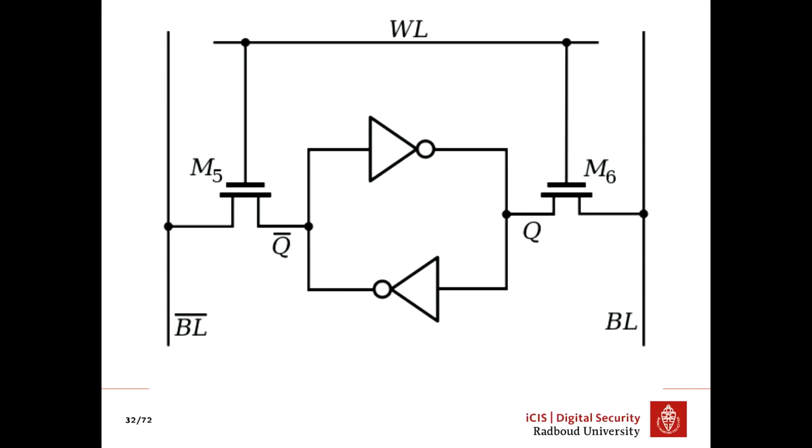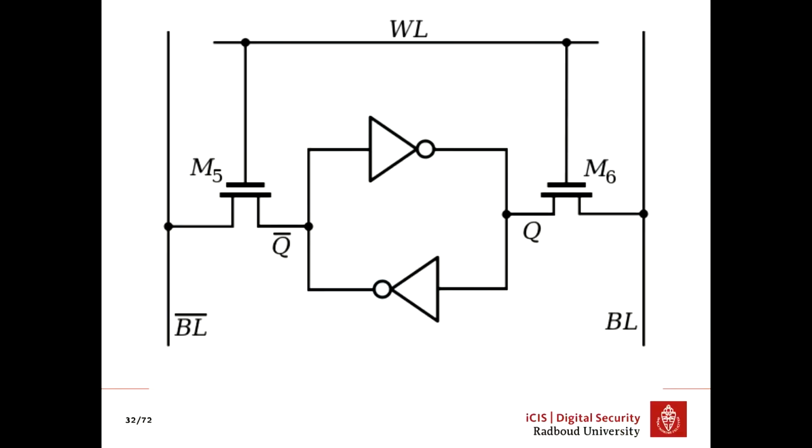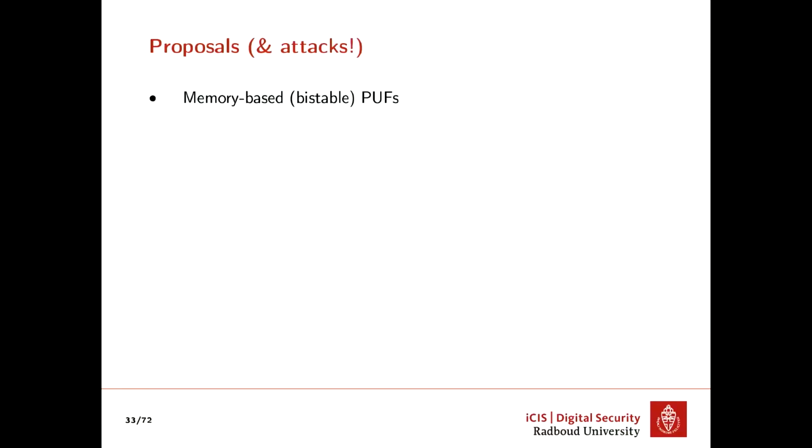And it's also delay-based, but here it's unique to this cell. You have a block of these cells. They are all independent, so you get a pattern out of this. These cells go to 1 or 0, and they are fairly stable in doing this. I'll show you a picture later of what happens if you have a nice PUF of this type and if you don't have a nice PUF of this type.